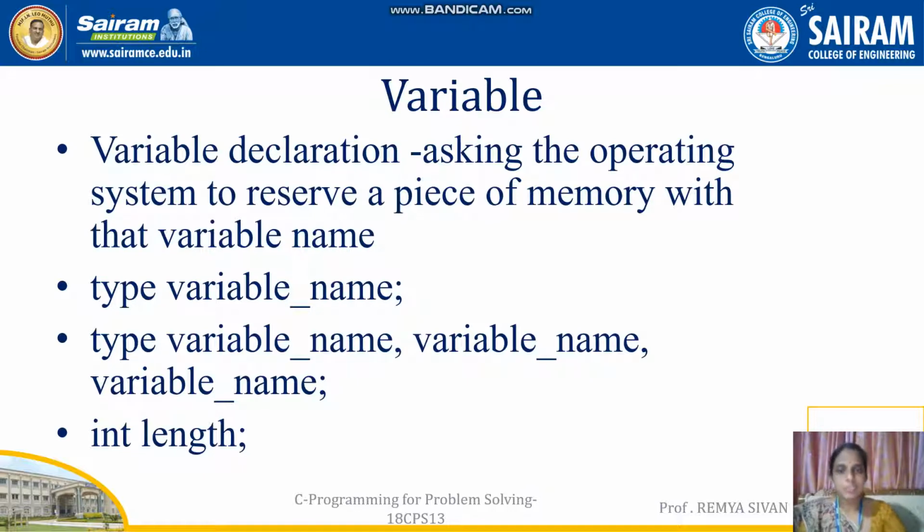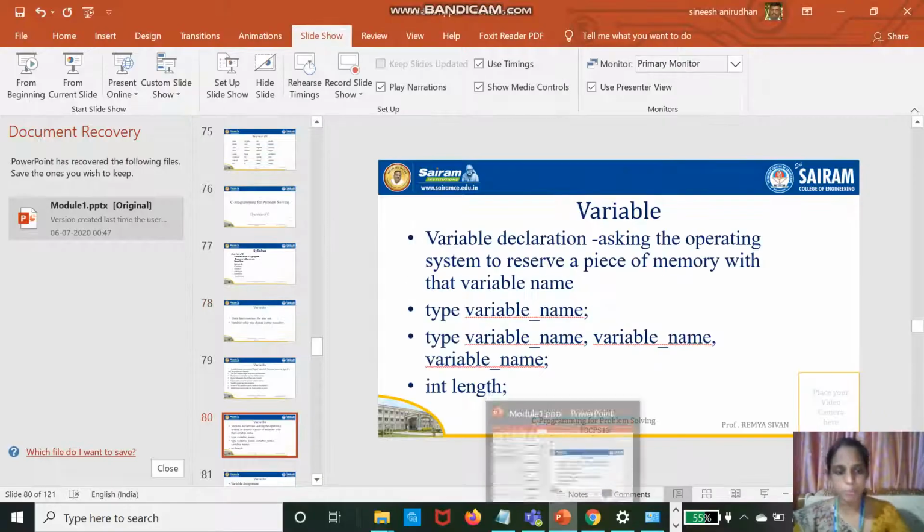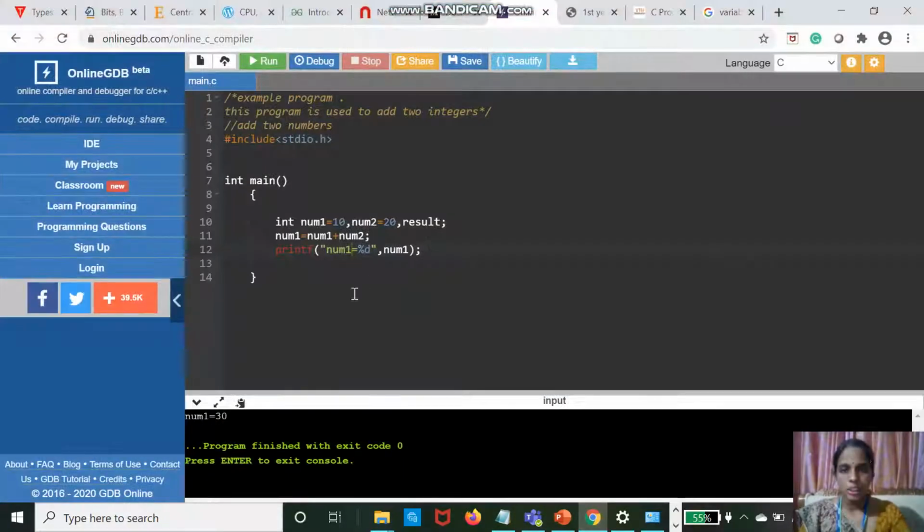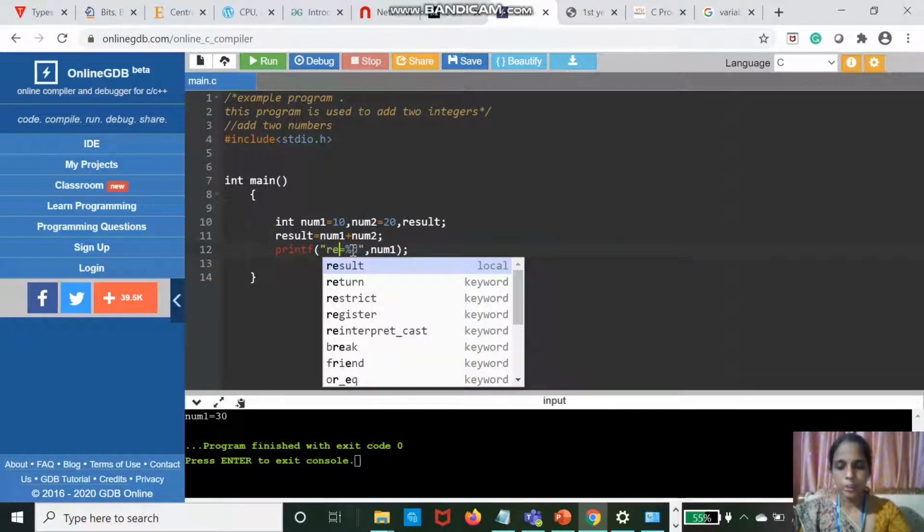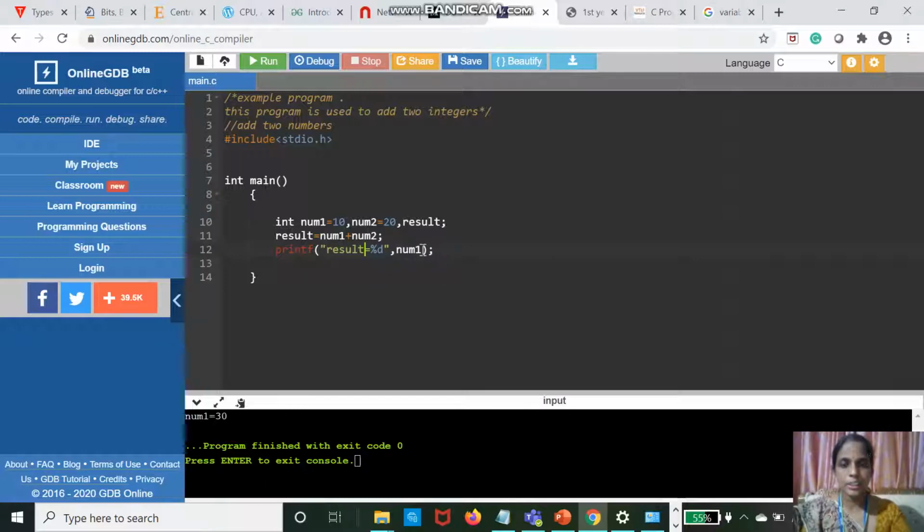Next topic is variable declaration. What is variable declaration? See here in our program. Num1 is a variable, right? And the value of num1 is 10. Num2 is a variable and the value of num2 is 20. Then result is also a variable; its value we will get later, right? Result is equal to, the result value is